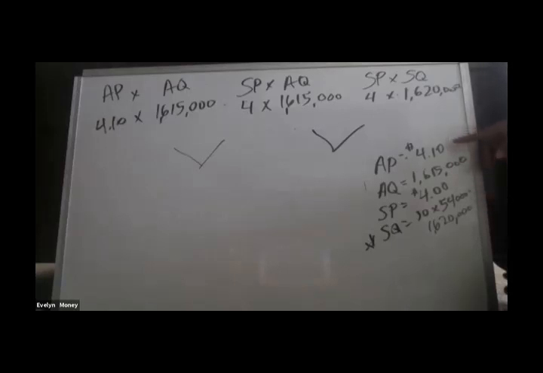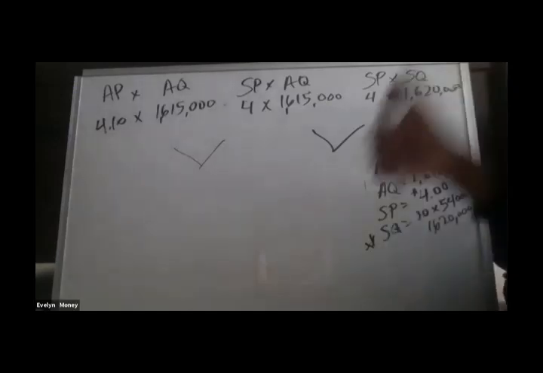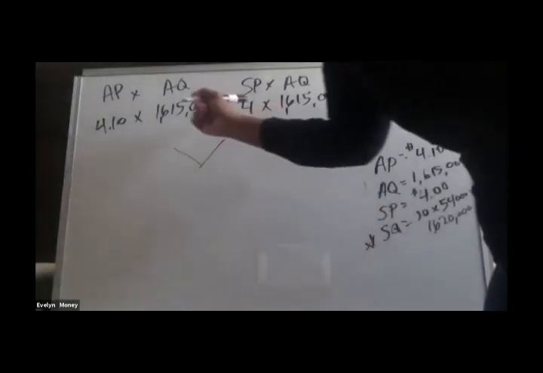So I'm expecting an unfavorable variance for price. I'm expecting a favorable variance for quantity. Now let's fill in these numbers. So when we multiply everything out,